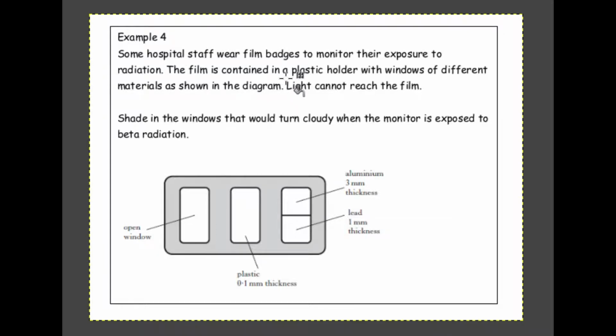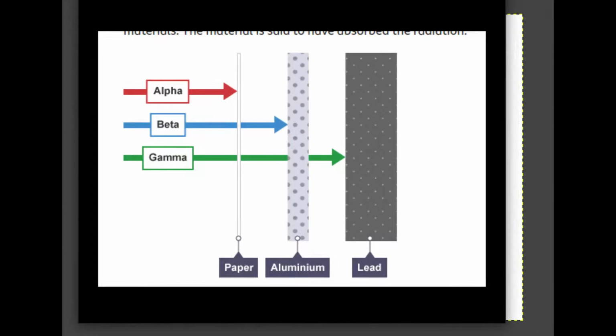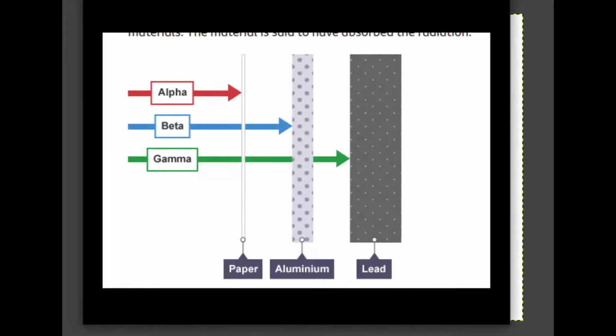So there's a thin sheet of paper that goes over the top of the film so that it doesn't blacken just because of the daylight. What you've got to do is shade in the windows that would turn cloudy when the monitor is exposed to beta radiation. Now, to help with this, there's a nice diagram from the BBC Bitesize website here which shows how